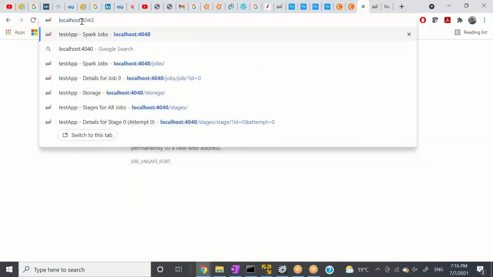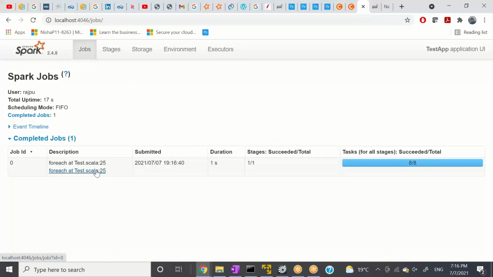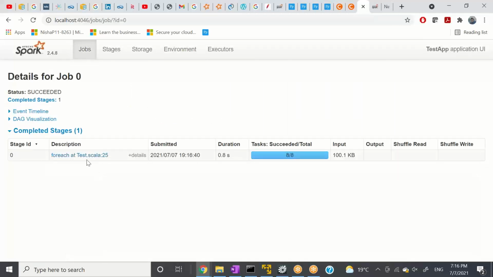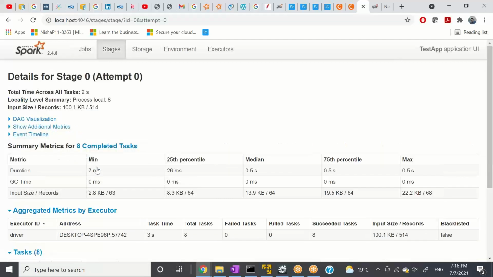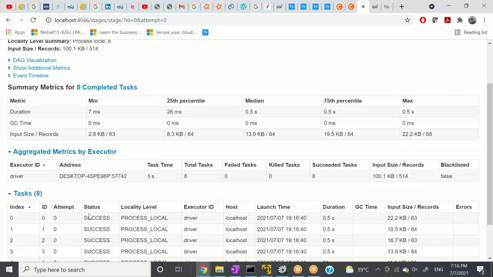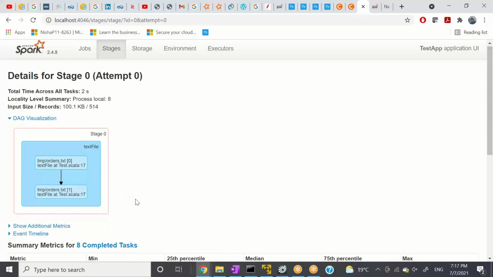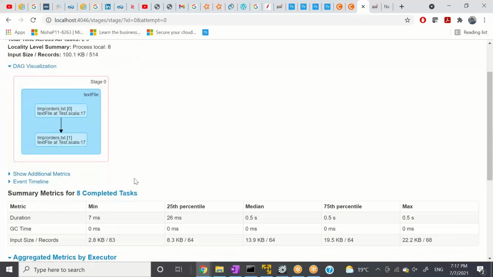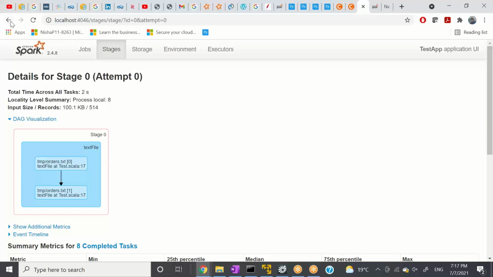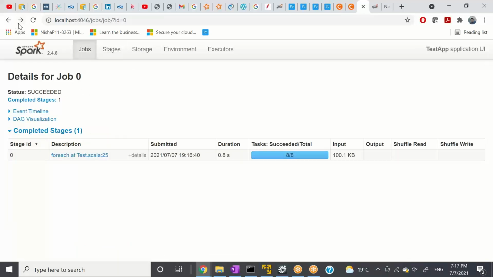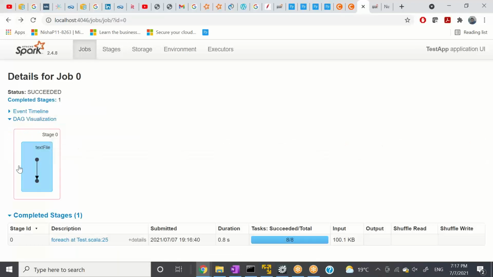Control Z, localhost, and you will see 4046, and you go to foreach, and then here, and then you can go to DAG visualization. Show where's the accumulator. 1 second. Temp order.